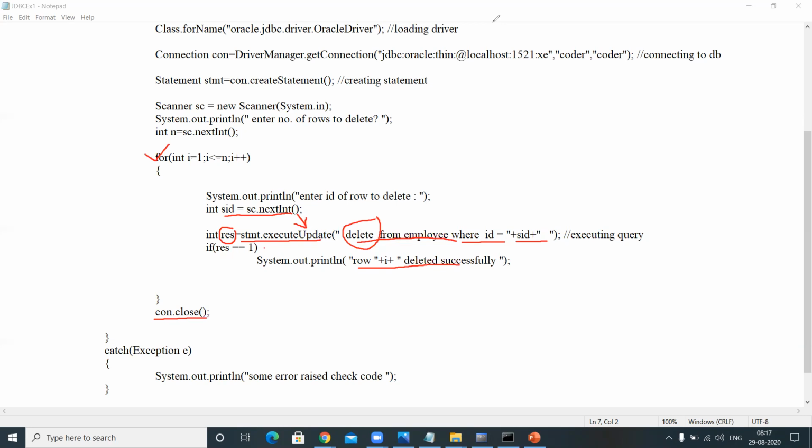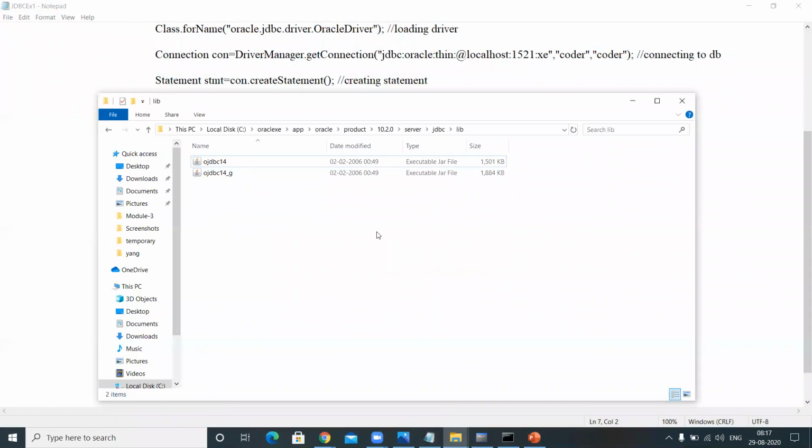And first let me show you where actually the Oracle driver class is located. This is located in the installation directory. Here, see, local disk C, Oracle, xe, app, product, server, jdbc, lib. Here you can find ojdbc14, right? If you extract this ojdbc14, you can get the Oracle driver class, which is the vendor specific class. First, I am interacting with the Oracle database, so I need that Oracle driver class. If you are interacting with some other database, maybe MySQL or anything, the specified driver class will be there. You need to load and register with that.